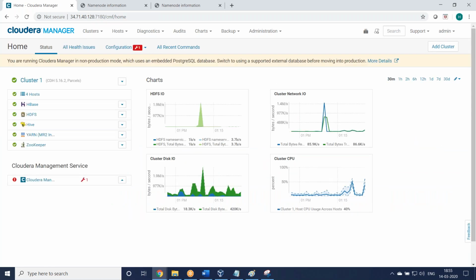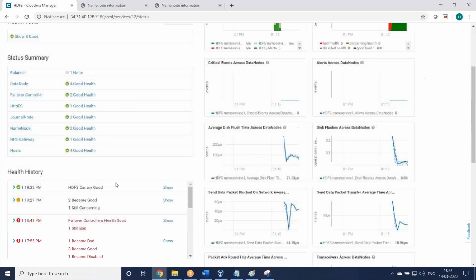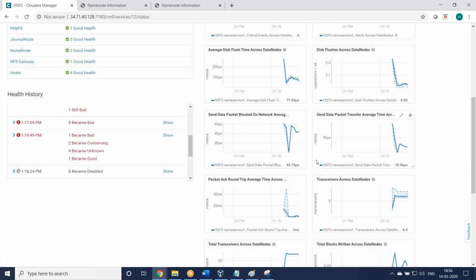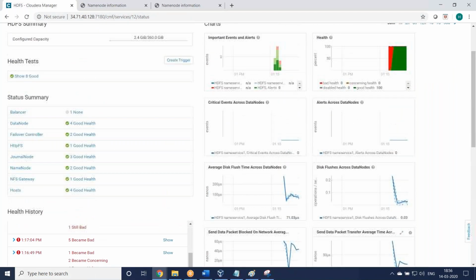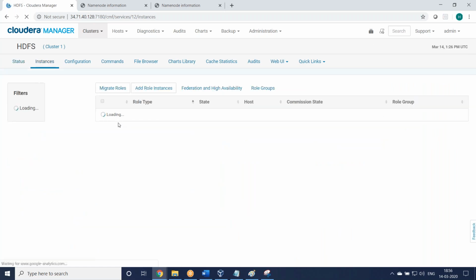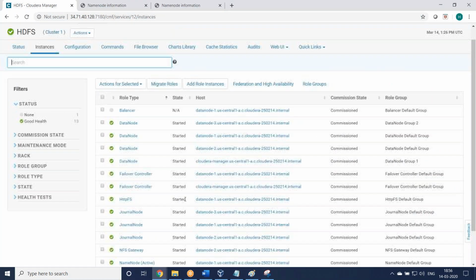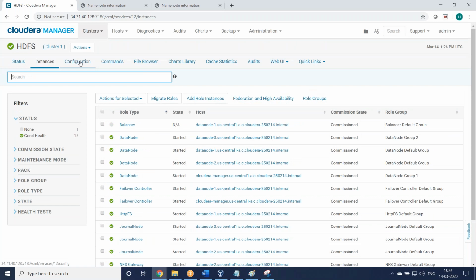We have not given any configuration, right? But let us go to HDFS. In the first tab, status, all the graphs and status you can find. Then go to instances. HDFS name nodes, data nodes, all the details we can find here. Similarly, you see the configurations.